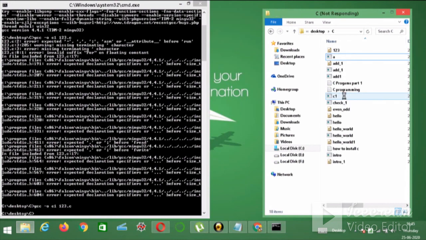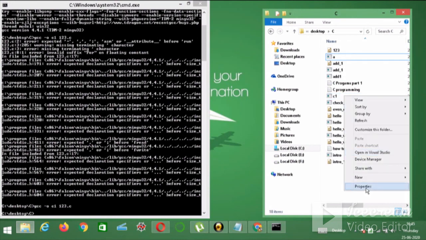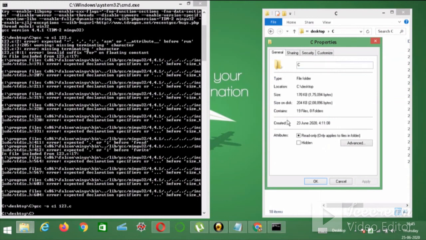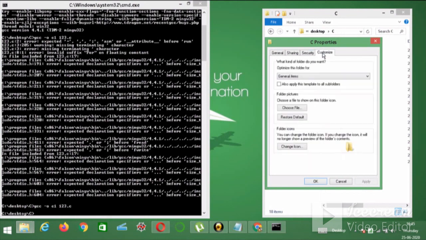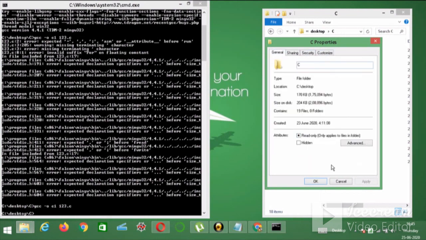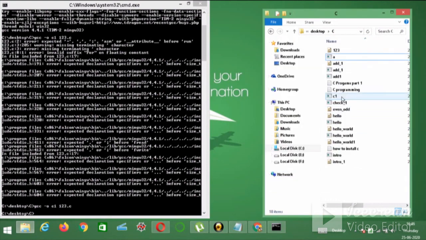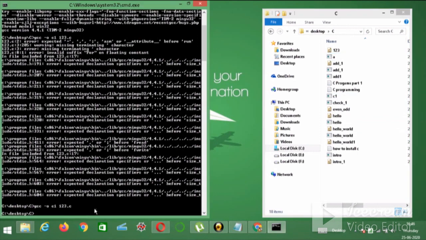If you go to the properties of the file, you can see that it is an executable file. Now to run the program, you just have to type the new name of the code without any extension. So I am typing c1 here and pressing enter.